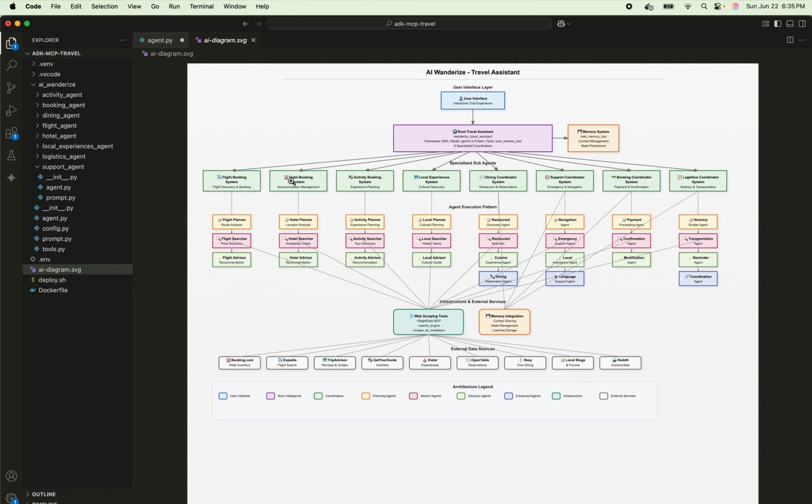Together we have almost 8 specialized sub-agents: one for flight, hotel, activity, local cultural discovery, and dining for reservation, and a support system in case of emergency, like if you're going abroad, and also booking coordination for simulation, payment, and logistic coordination. Each agent has three different components: planning, searching, and advisor, and the same way for all the other sub-agents. Besides this, all the search is happening through one centralized MCP server. I'm using Bright Data as the MCP here, which does web scraping as well as the search engine. And what it does is it looks towards each individual